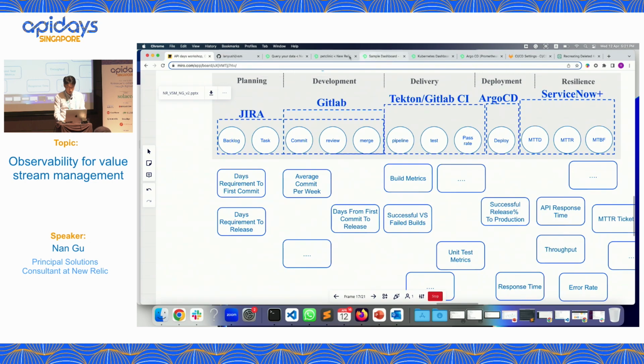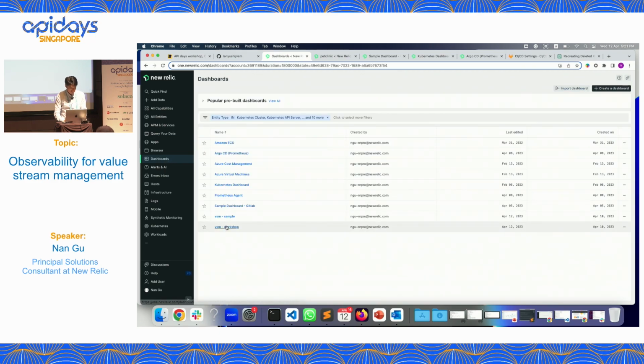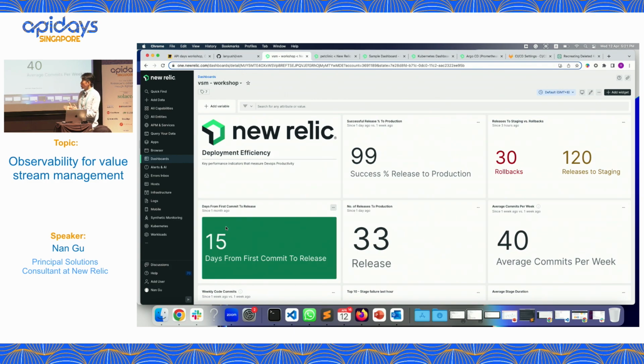where my dashboard is. So we're collecting all the data and putting it into a New Relic platform, where we have the success rate of your releases into production, which means you're quite stable with your release mechanisms, like blue-green or canary, that works great.